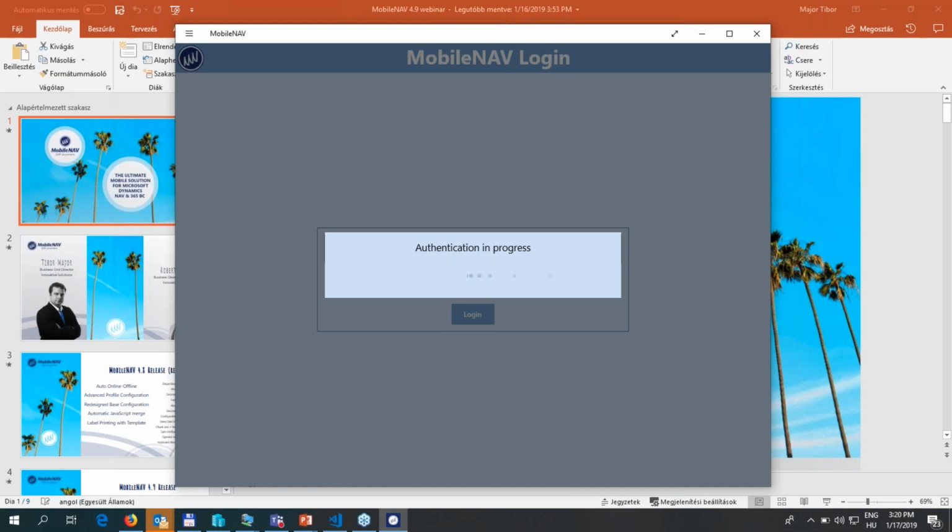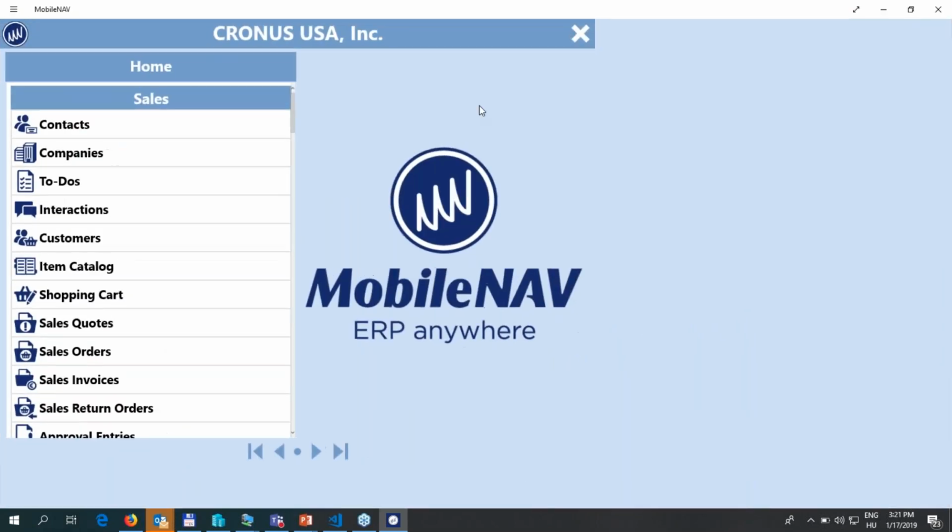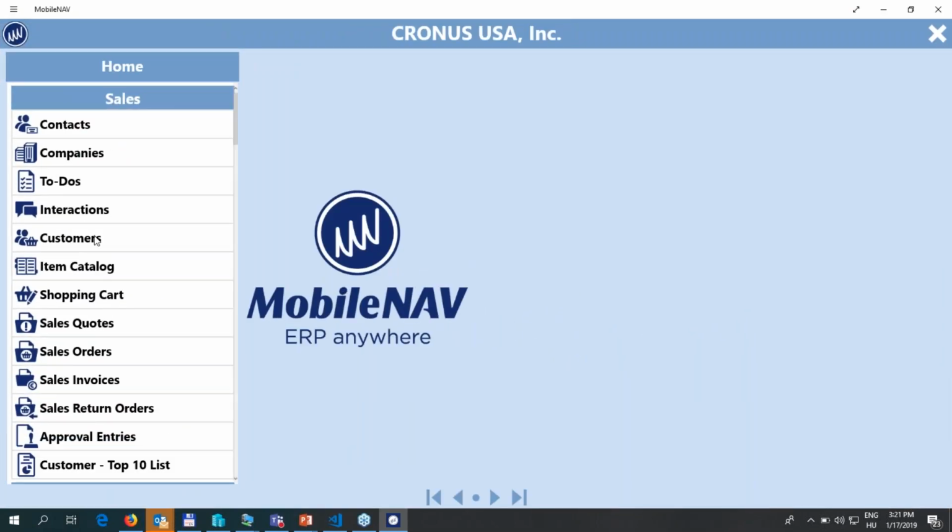Okay, it seems my sandbox environment is a little bit in sleep mode at the moment, so the first login takes a bit longer, but now it's loading the configuration. Great, and you will see that I'm logging in. Yes, there you go. So this is the normal, already seen login screen